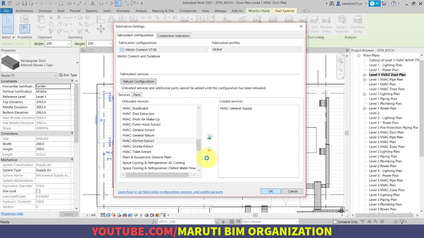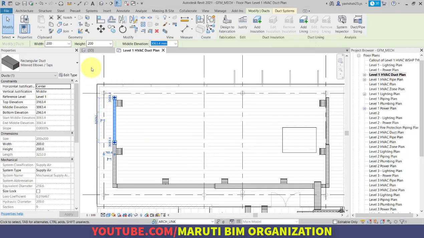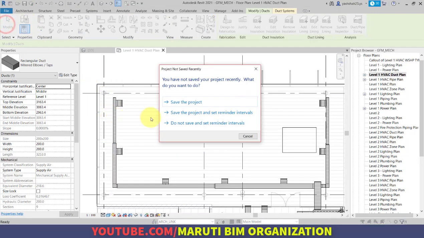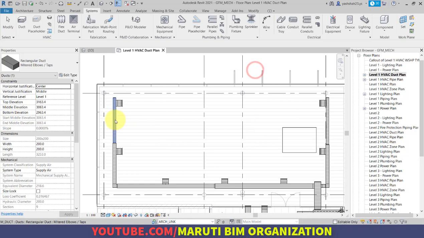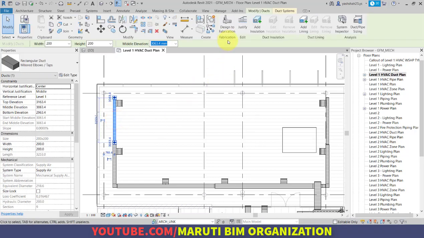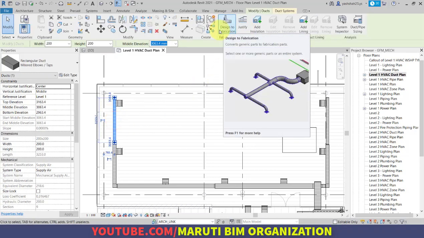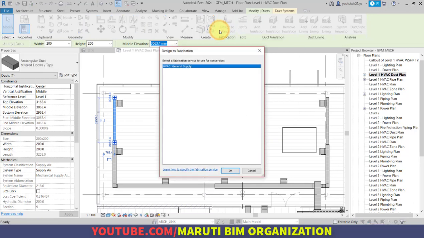Now we will click once again on this duct. Select this duct and click on design to fabrication. So now as you can see, Revit gives you the option. We have already added HVAC general supply.